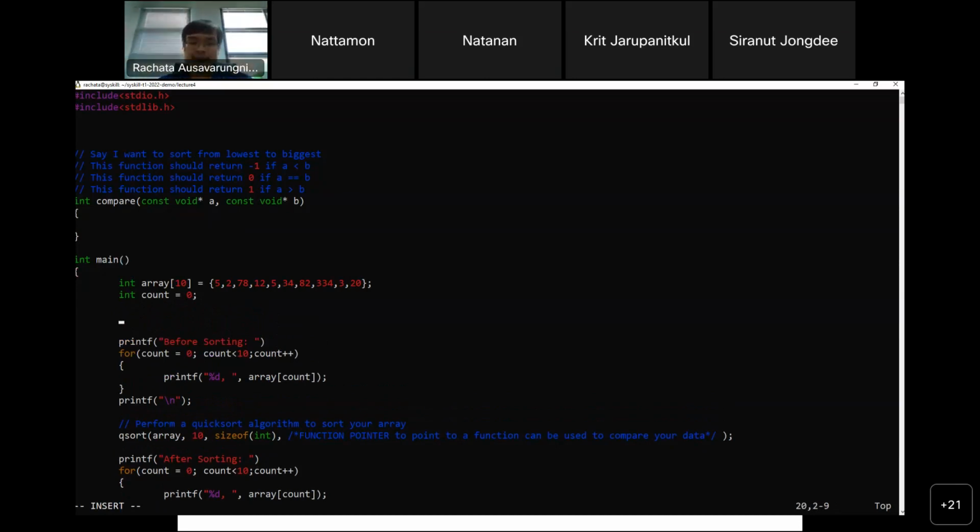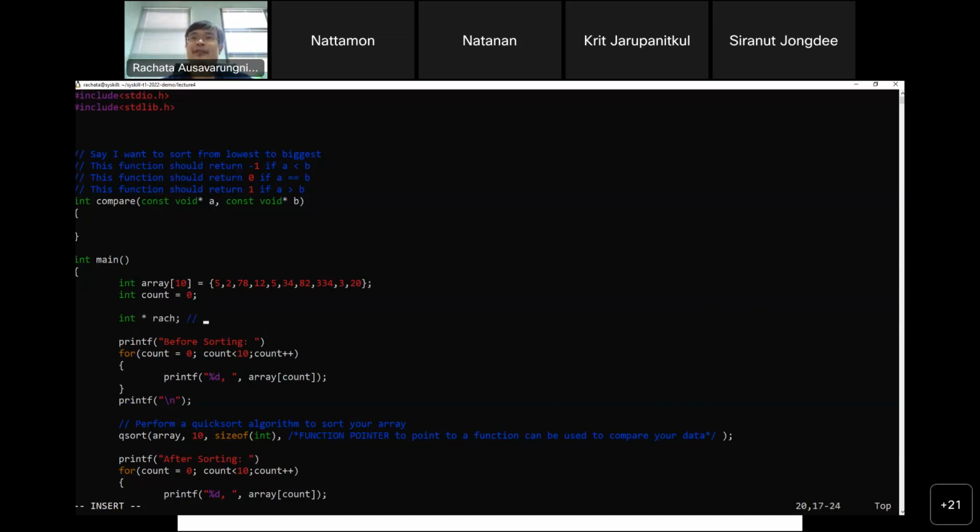Now let's build a function pointer. Can someone give me a name for the function pointer? Any name is fine as long as it's a legit variable name, and as long as I can use the name on the video. Okay, so this will be my function pointer name. Again, it's a function pointer, so I need to make sure I do a star. Usually a pointer looks something like this, a star and then the name.